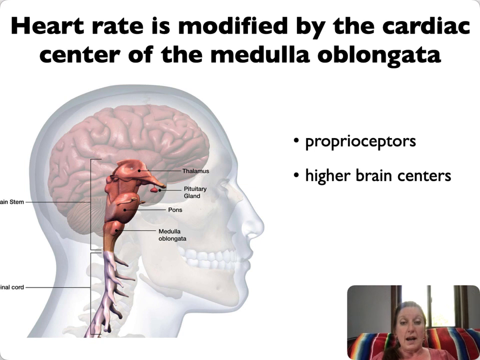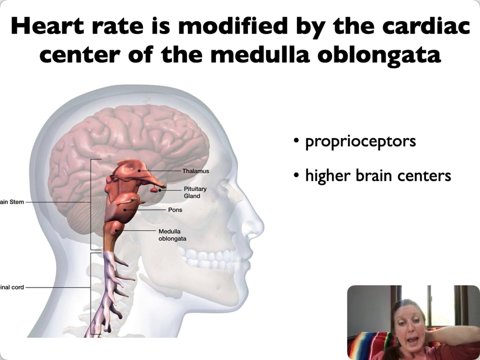We also get information from higher brain centers. So things that cause an emotional response, like, oh, by the way, there's an exam tomorrow that covers everything you've ever studied. Or imagining, for instance, relaxing on the beach, which can cause your heart rate to go down. These things are coming from higher brain centers and are influencing the heart rate that the medulla oblongata is